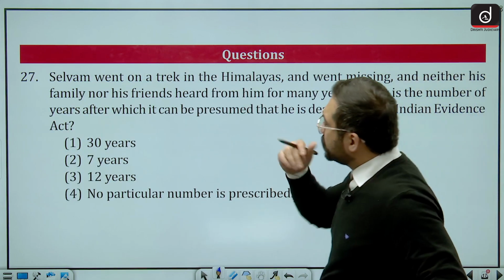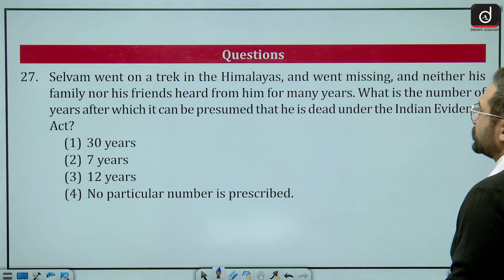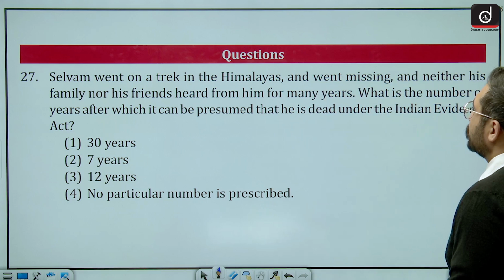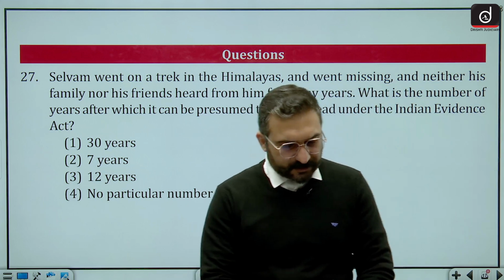If we come to the next question, Selvam went on a trek in the Himalayas and went missing, and neither his family nor his friends heard from him for many years. What is the number of years after which it can be presumed that he is dead under the Indian Evidence Act? If you know about